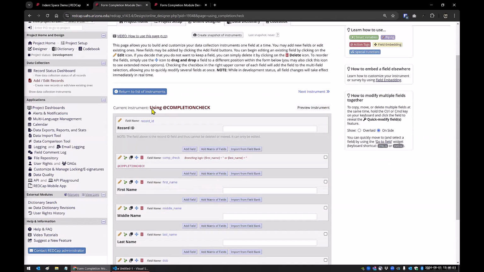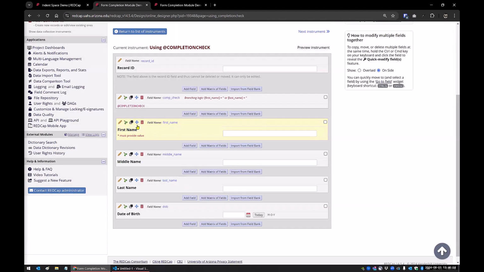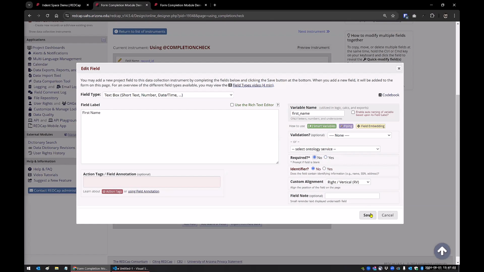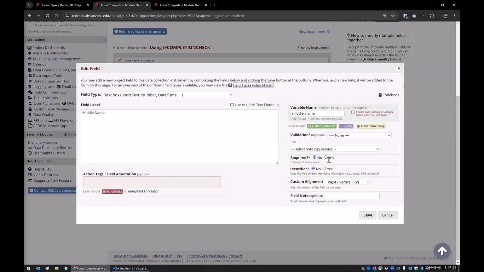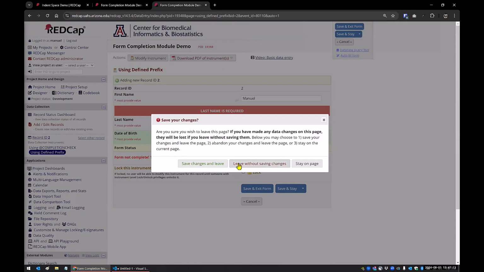Okay, so in your other example, if you added some required fields after these, don't change those. Well, here I'll make an address field that's required, it would still stop you. Yeah, I'll make middle name required since it's not part of the branching logic. Okay. So now if we go back to this,